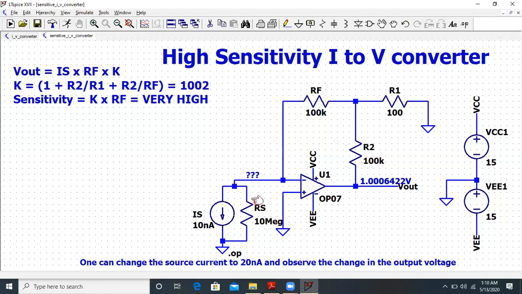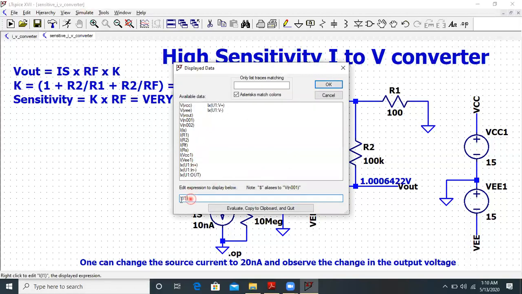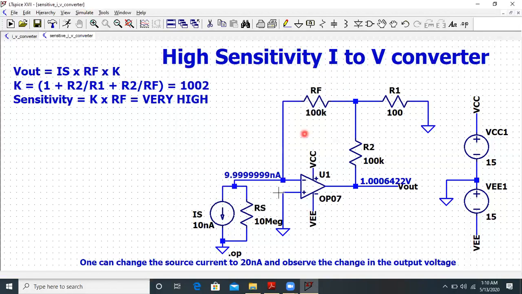Here I have to select it as IS, then it will come correctly. This is around 9.9999 nanoamperes, which is around 10 nanoamperes, and this very small current is getting converted into around 1 volt over here.